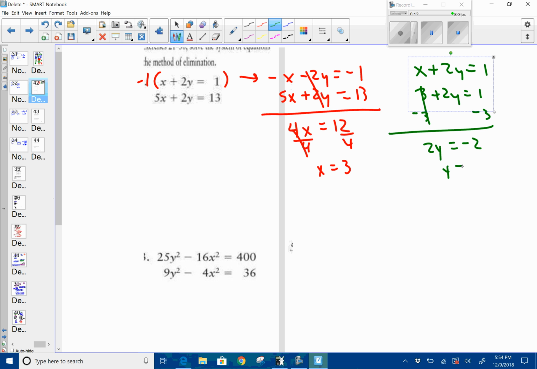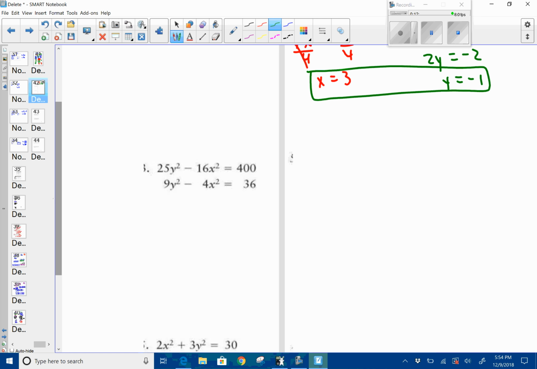Divide both sides by 2, so I get y is equal to -1. So if x equals 3, y is equal to -1. There's my elimination. All right, over here, this would be great if this was a positive 16. So if I multiply this whole thing by -4,